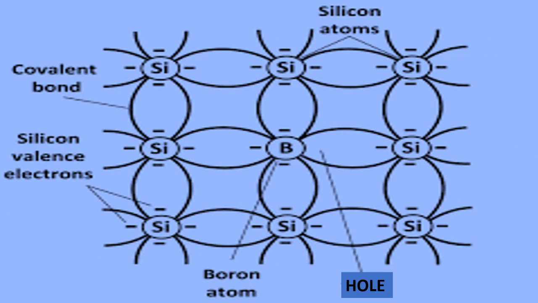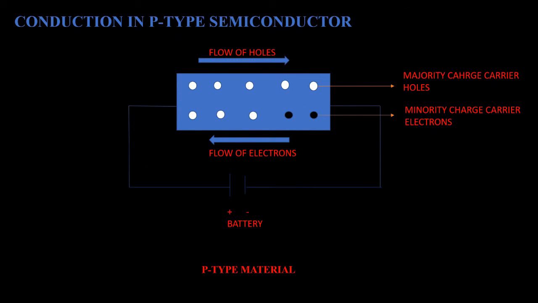Okay, now you can see here the whole process looks like this. See here, one boron atom is pairing with 4 silicon atoms to complete its octet, but there is a vacancy for hole. Now come to this diagram. This diagram explains the conduction in p-type materials. When this material is connected to an external voltage, its majority carriers, which is hole present in valence band, tends to move towards the negative terminal of the supply, and minority carriers, that are electrons present in the conduction band, move towards the positive terminal of the battery. Valence band and the conduction band are the parts of energy band diagram, which is explained in the next slide.